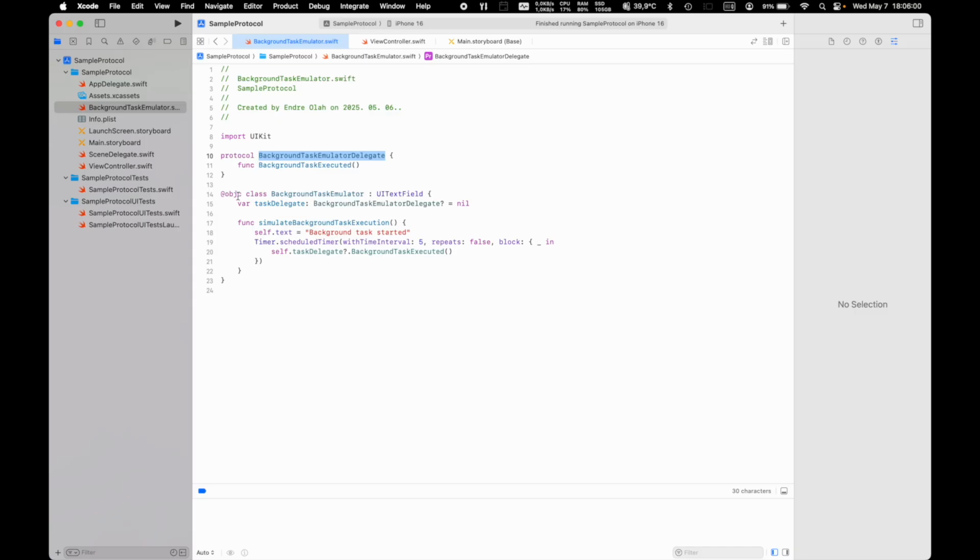And then in the class, you need to tell the class how you want to call, or where you want to call, the background protocol function. But for that you need to define a variable which will contain the address of the delegate function itself. So where we